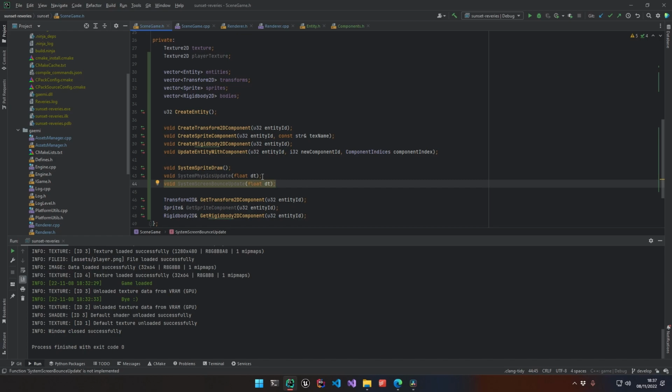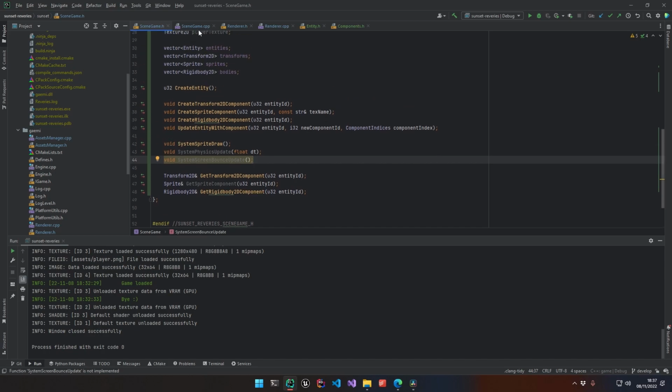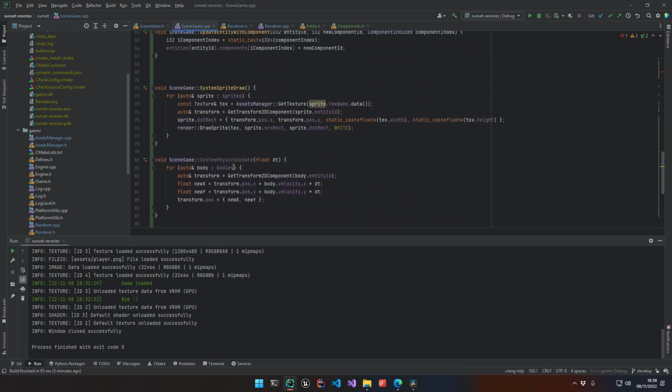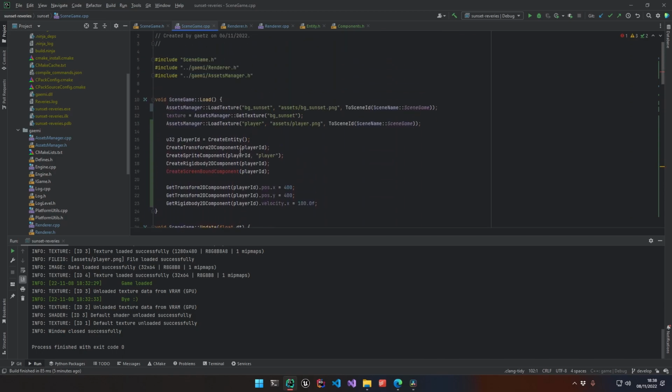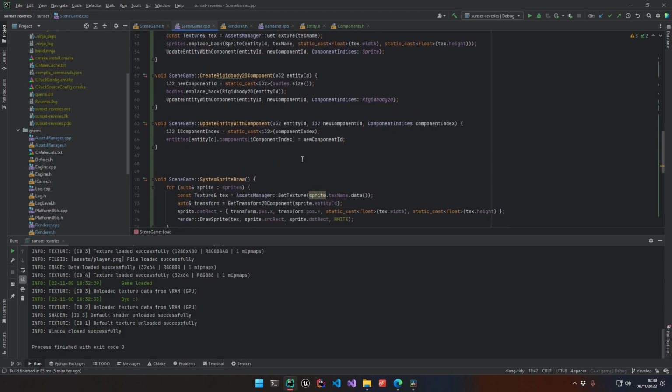Okay, and I don't need the delta time. Fine. I just have to remove this now. And this. Okay, so this screen bouncing system